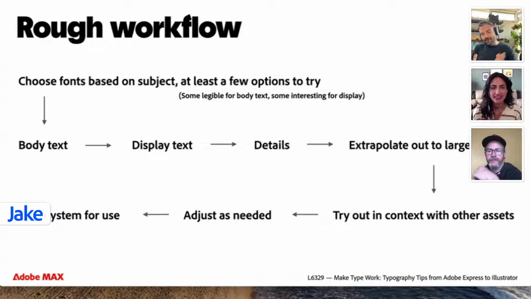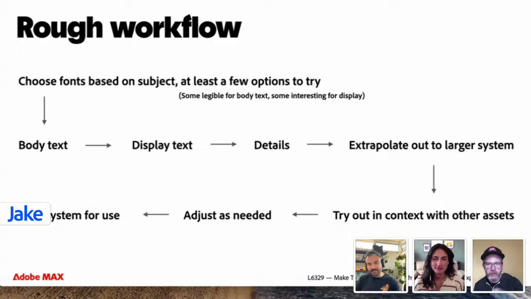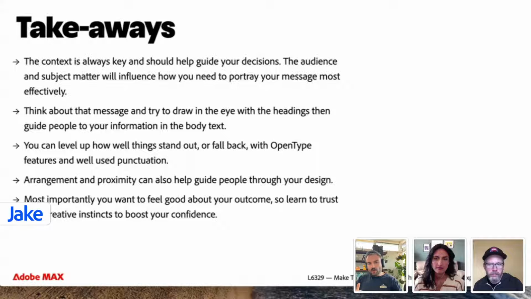Anyway, to sum things up, we went through how you could use this type of workflow to start working type first in your designs, if that's the way that feels comfortable to you, and how that plays out a bit more in reality. I won't read through all of this because we're going to swiftly run out of time. But I think the main principle was, if you can start from your type, it's one way of working that can bring harmony to your design,